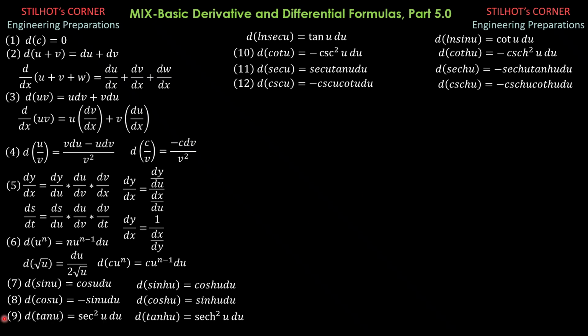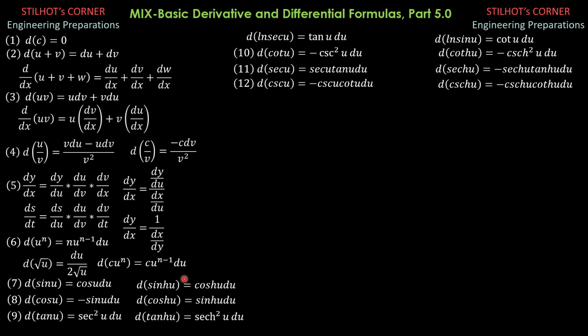So in trigonometry, the basic derivative formulas, I hope that you are familiar with them because they are very important. For hyperbolic functions, they are less important, but the technique in memorizing the derivative of hyperbolic functions would be this. So take note that if you can memorize the derivative of the basic trigonometric functions, there are 6 of them, 7 to 12.